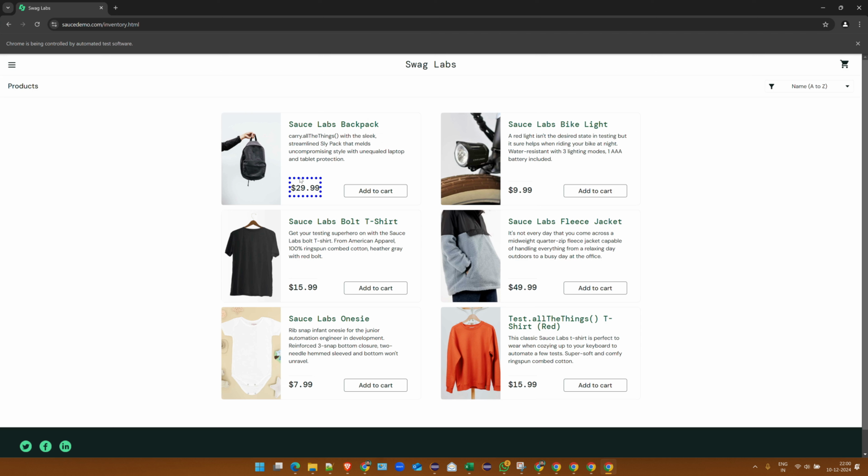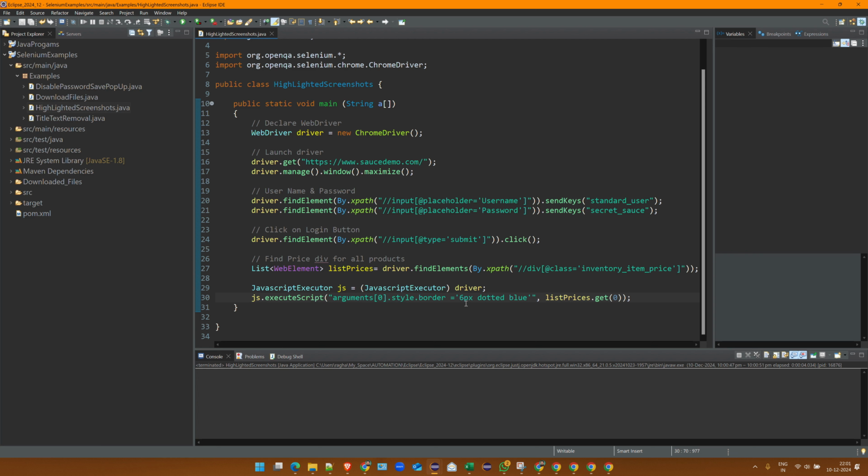right? This is highlighted in blue color, dotted, and 6 pixels this time, right? Okay, this way you can make a combination of how you want to highlight. Like you can create a framework to highlight something, say for example, something in green that executed well. You want to highlight something in solid red to showcase that this is an error message that the user needs attention to. So this way, a very interactive framework can be created, and these screenshots definitely can be